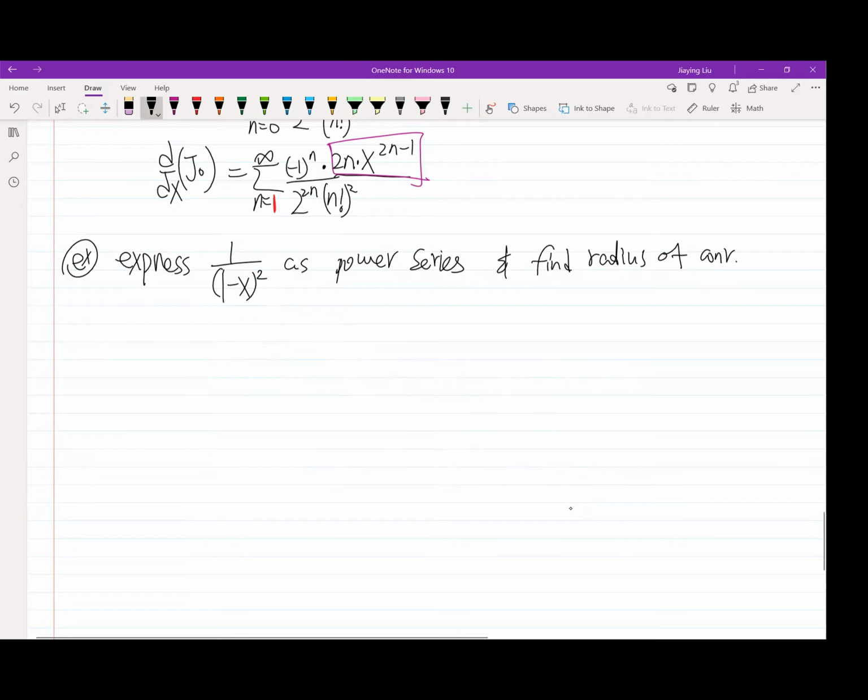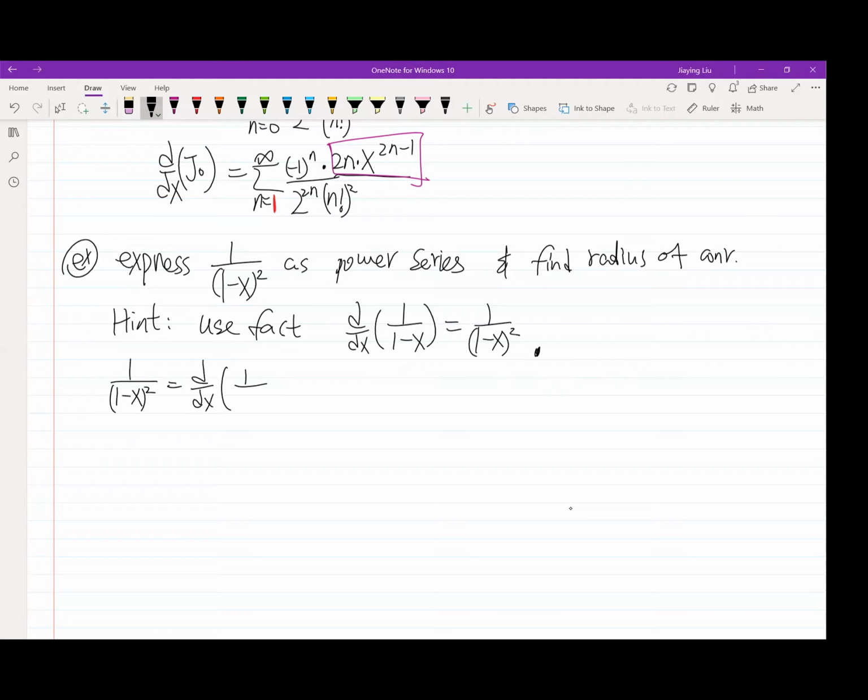Well, the trick here is to use the fact that the derivative of 1 over 1 minus x is equal to 1 over 1 minus x squared. That's the trick that we're going to use. We're going to use that the derivative gives you this function that we want. So the one that we're looking for, 1 over 1 minus x squared,